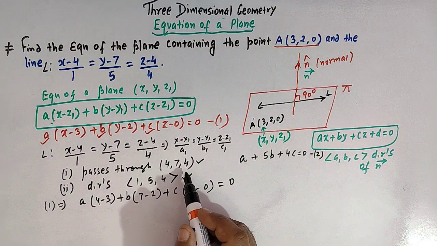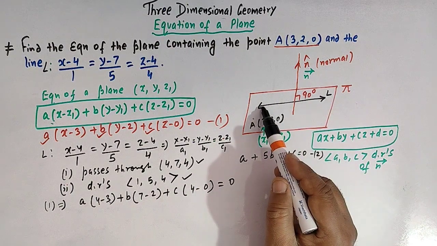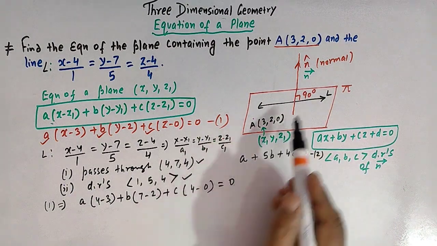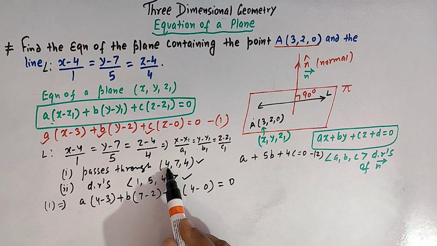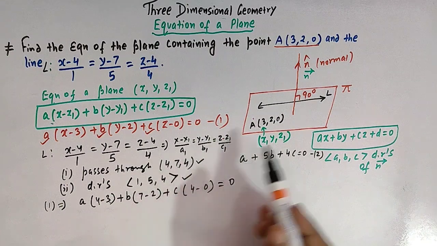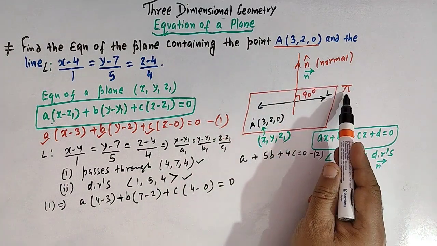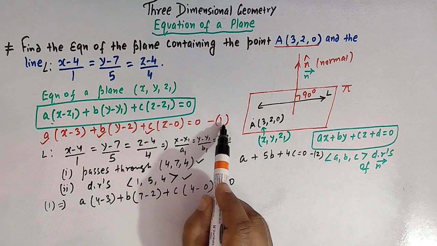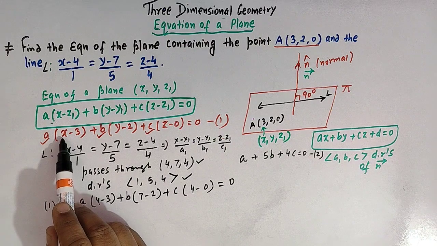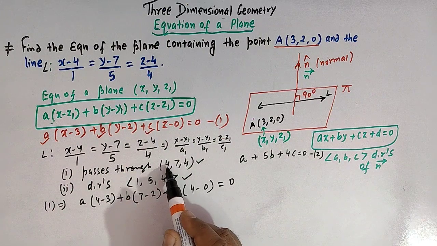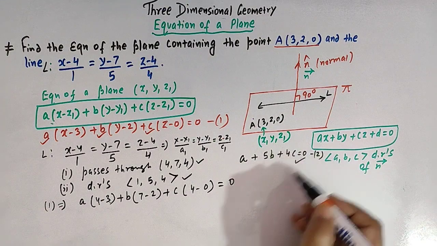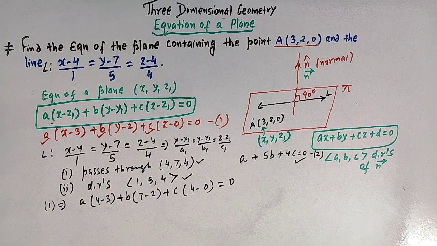So what we have done here: since this line L lies on this plane pi, and this line contains this point, this point is contained by the plane pi, hence this point must satisfy equation 1, right? So replacing x, y, z by 4, 7, 4, we get this equation, right? Okay,